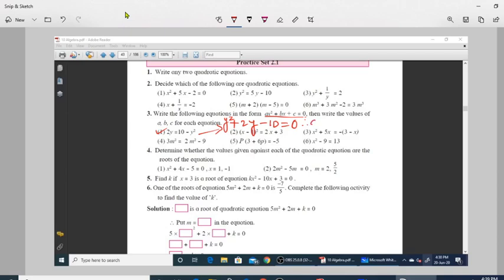So a is 1, in the same way b is 2, c is minus 10. So this is the way you can find the values of a, b, c. Now we will not spend more time on this. Let's move on to the next question. Question number 4. Determine whether the values given against